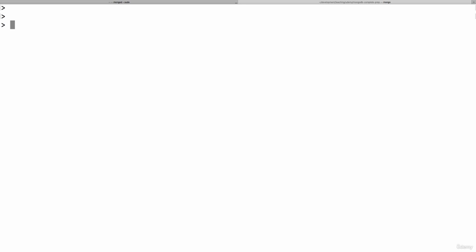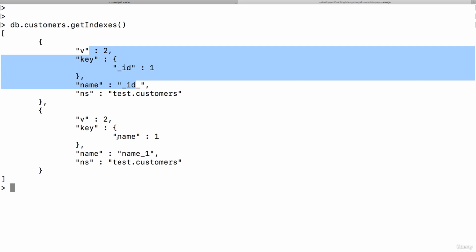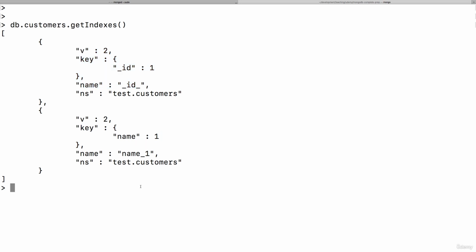Now that we had a look at covered queries, let's also see when MongoDB actually rejects a plan. For that, I'll reuse my customers collection from the last video. And remember, there we have two indexes, the standard ID index and our own name index. Now, I'll also add an additional compound index on customers with createIndex, and I will add age here in